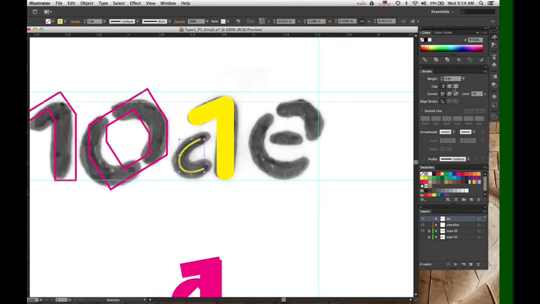10 points. I'm going to apply the same thing here. Round cap, round join, 10-point stroke. Now this is starting to look a lot like the letters I had intended. Not totally, not completely, but it's a great start. And what's nice about working with the skeletal line is that I can go in here and just adjust the skeletal line very easily.